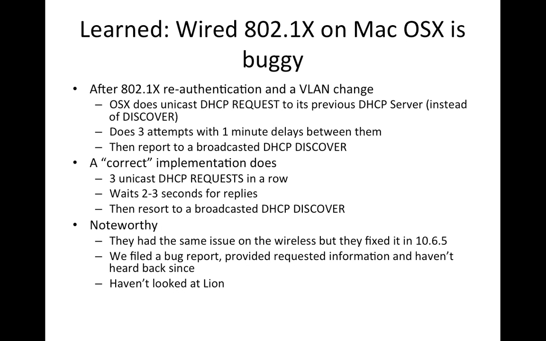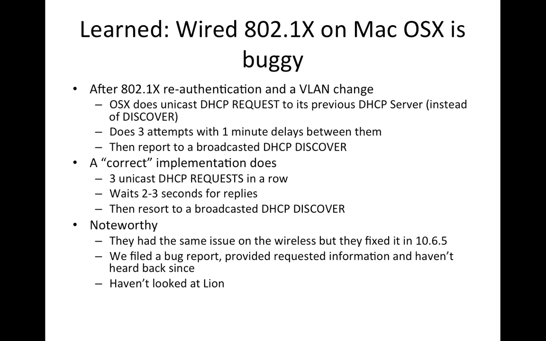It does 3 attempts with 1-minute delays between them. It then reverts to a broadcasted DHCP Discover. A correct implementation does 3 unicast DHCP requests in a row. It waits 2 to 3 seconds for replies and then reverts to a broadcasted